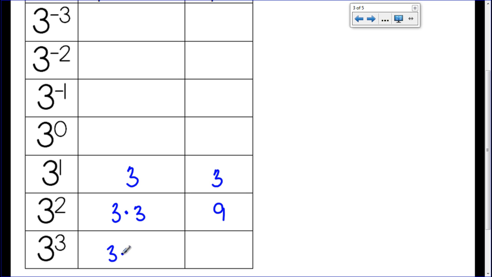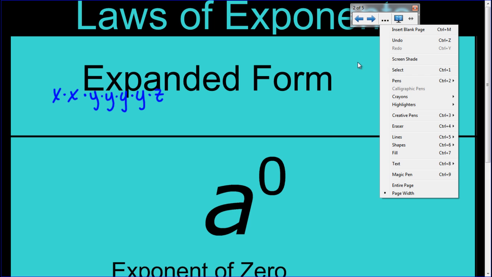And 3 to the third means I have to do it 3 times, and when I multiply that out, I get 27. 3 to the power of 0. Well, I cannot write 3 down 0 times. 3 to the power of 0, this is where we'll get to that rule. I'll go back to it in just a second. 3 to the power of 0 is going to equal 1, because